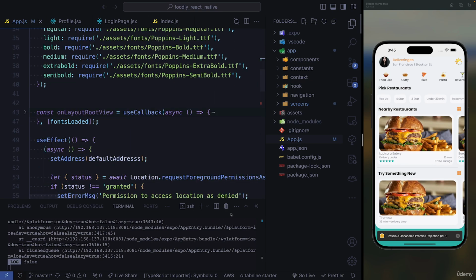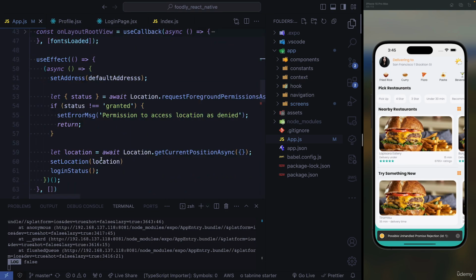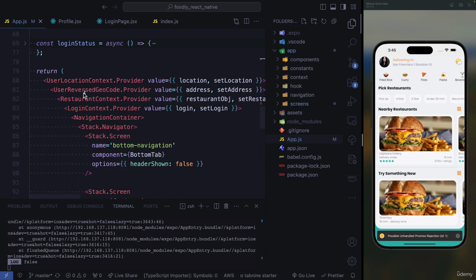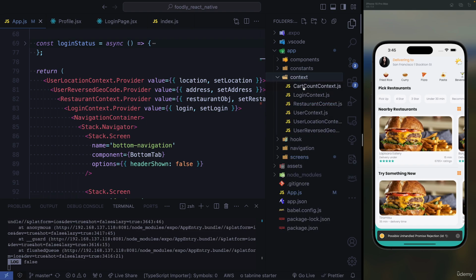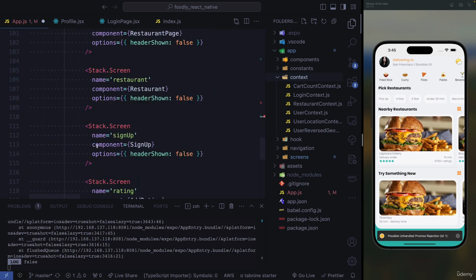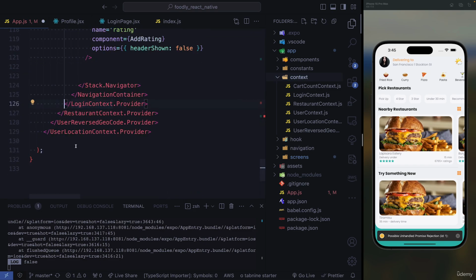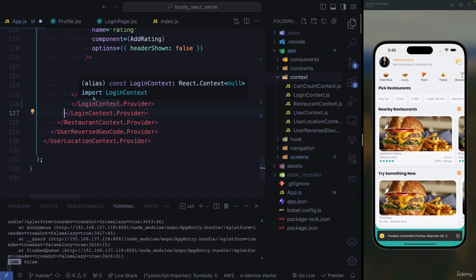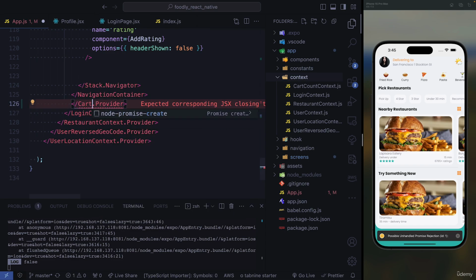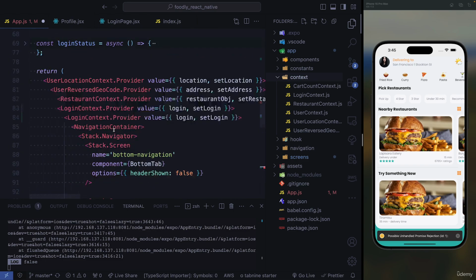Right, so we need to go ahead and have our cut count provider here to have our context. So we need to go to context. We have our cut count context here already, so we just need to hook it up. So we do the same. We're just going to copy, and we copy. We need to change the name to cut count, and we're going to change the one